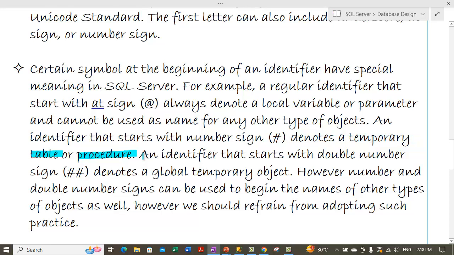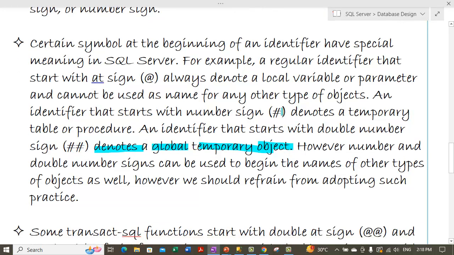Now let's talk about the other type of identifiers with double # sign. An identifier that starts with a double number sign denotes a global temporary object. The single number sign represents a temporary table or procedure in SQL Server, whereas the double hash denotes a global temporary object. However, number and double number signs can be used to begin the names of other types of